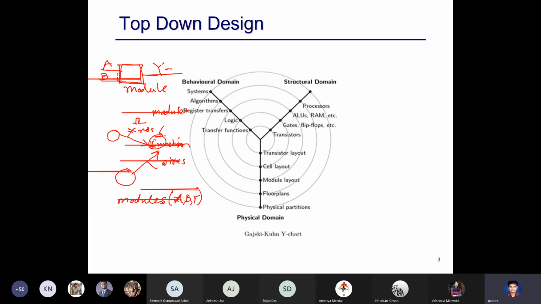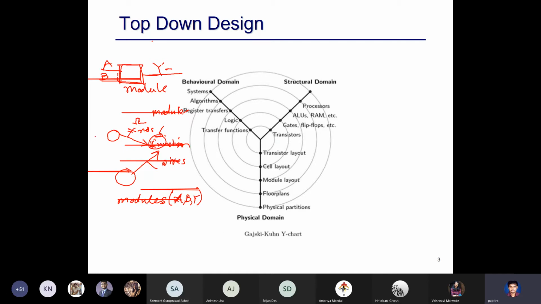There are two types of ports, input ports and output ports. So the ports come from the chip. If you look at your chip, they will have a serial port or a parallel port coming out. So in general, inputs and outputs are called ports, or in a chip, you have pins. So these modules have ports, and these ports themselves are nets. There are two types of port, input port and output port.